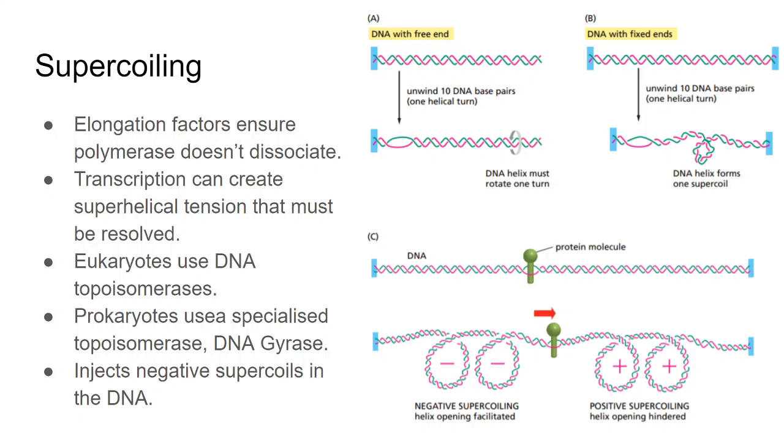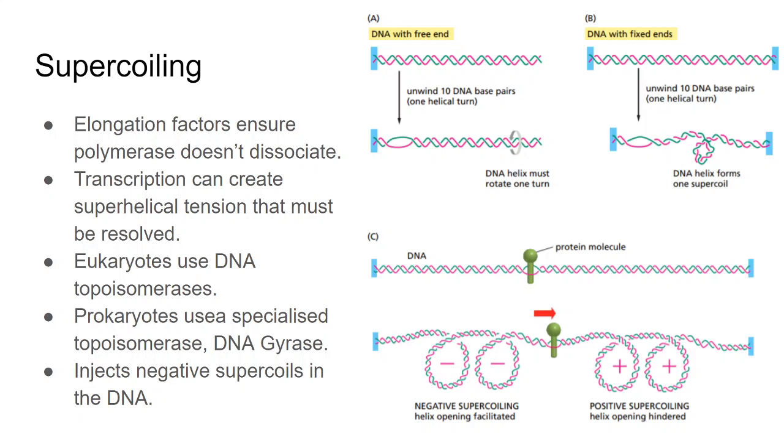What causes the negative supercoiling to allow transcription? How is it different from positive supercoiling? Technically, negative and positive supercoiling both cause superhelical tension, so both of them are technically bad. But a negative supercoil is in the opposite direction. So when you start opening DNA, it starts relieving itself into a regular straight strand.